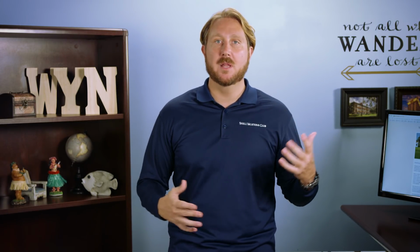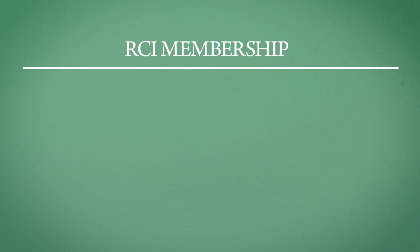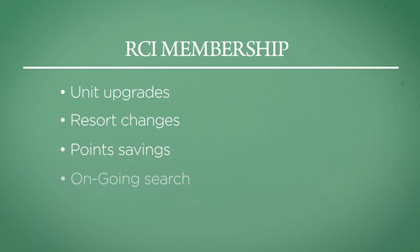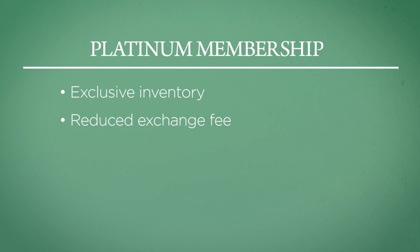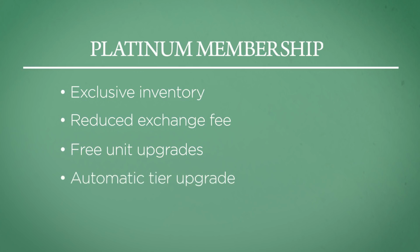RCI has different membership levels, and each one offers its own extra benefits. All SVC members are automatically enrolled as a standard RCI member, which includes additional benefits such as unit upgrades, resort changes, point savings, ongoing search, and nightly stays. With your Platinum membership, you'll receive access to even more exclusive inventory and reduced exchange fees, as well as free unit upgrades and unit changes. Signature Prestige and Grandfather Elite members receive this membership tier upgrade automatically. How great is that? You can find a full list of benefits for RCI Standard and RCI Platinum by visiting